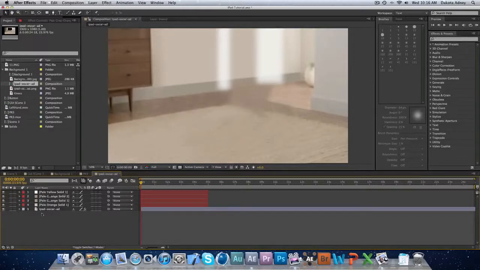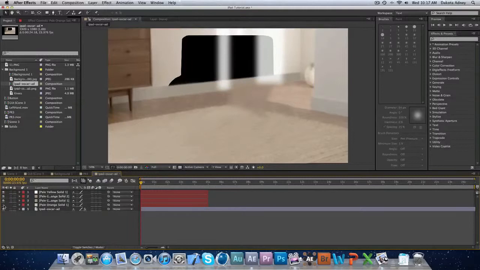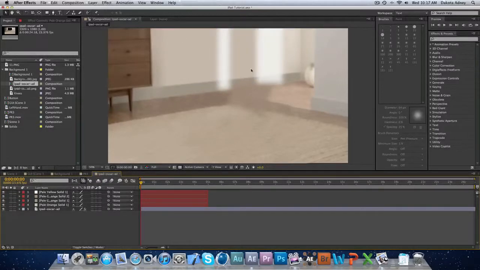Another thing I did besides using paint was create some solids to put on the walls. I thought that was much easier than having to sit there and paint back and forth to get the whole thing. So I just created a solid that's the same color as the wall, and just made a rectangular mask to cover that up. And then these highlights on the wall from the light are also just white solids that I thought it would be